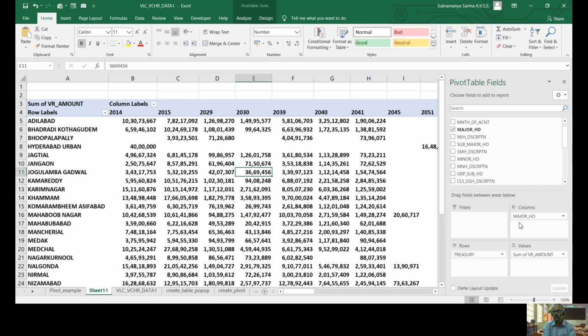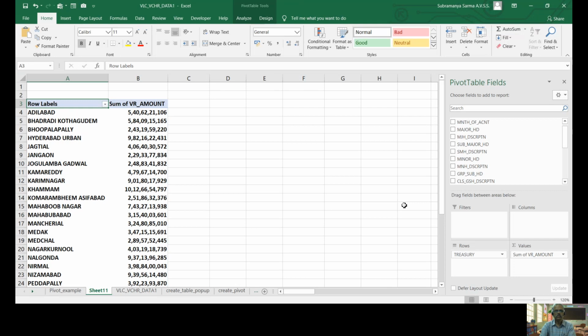Now I'm removing this major head also. Once I remove the major head, there are no columns, only rows. That means my present pivot table is depicting the total expenditure for each treasury, or each district. Now we can create hierarchical data also.